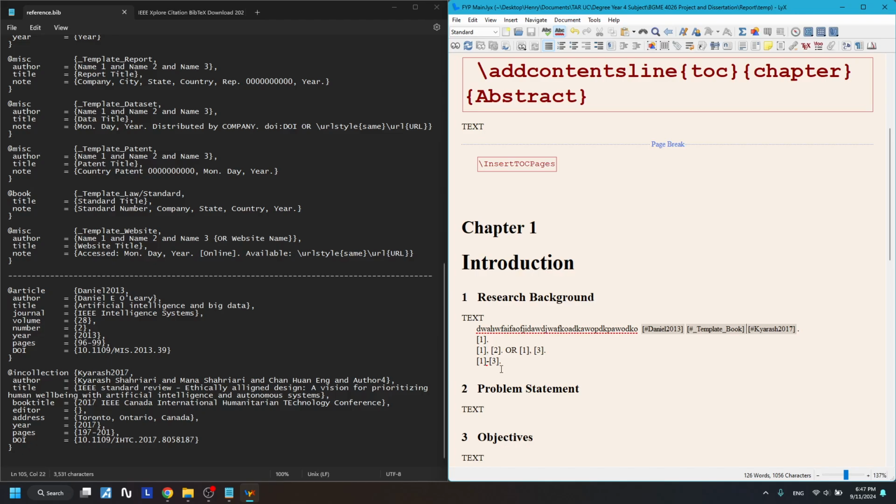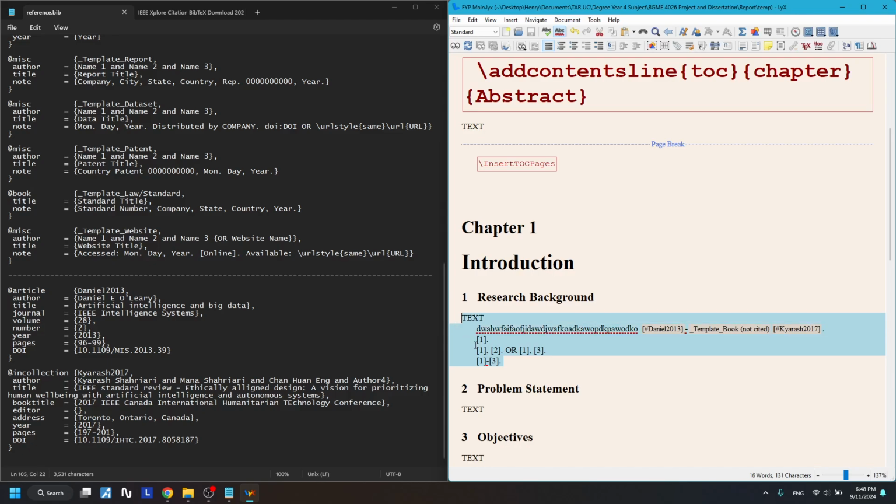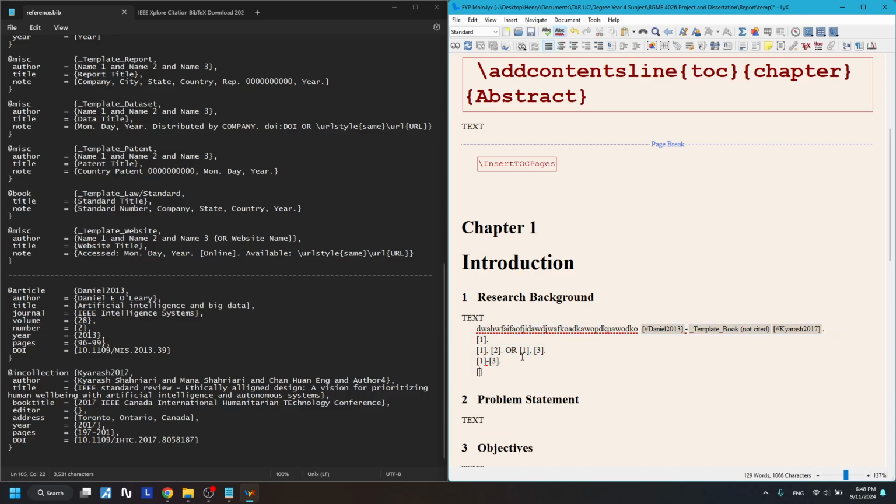So what to do to convert it to 1 to 3 is you will need to first convert all of the references in the middle into add to bibliography only, like that. Then you just insert a slash in between the first and the last references, anywhere on one of them. And that is how you do referencing for multiple consecutive references. So if you have a combination of either case, maybe you have reference 1, reference 3, and references 4 to 6,